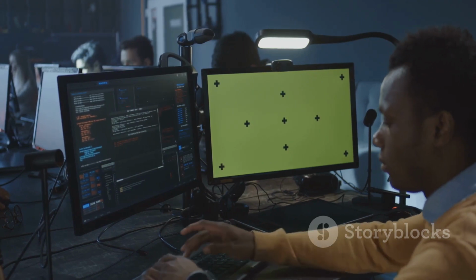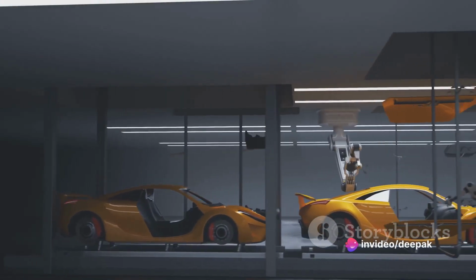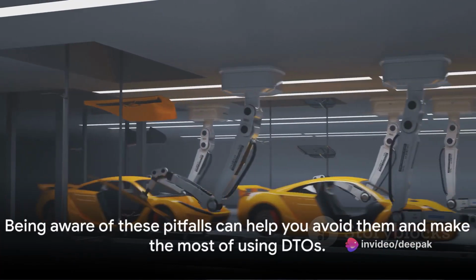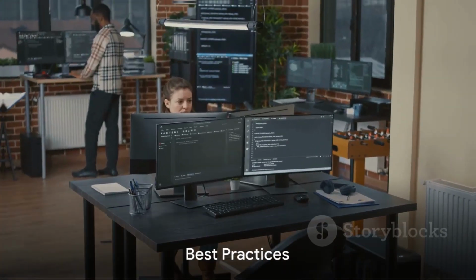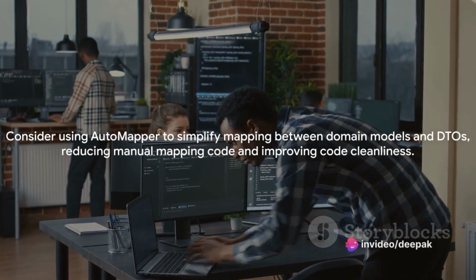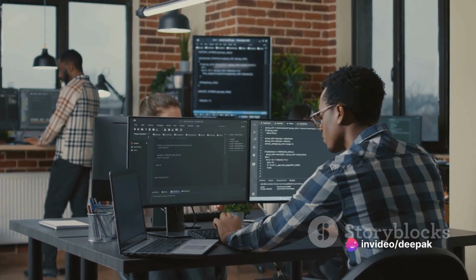These libraries can greatly simplify the mapping process between domain models and DTOs. If overlooked, you might end up with verbose and error-prone mapping code. Being aware of these pitfalls can help you avoid them and make the most of using DTOs. Now that we know what to avoid, let's discuss some best practices. Firstly, consider using AutoMapper. This is a simple, yet powerful library that helps map between your domain models and data